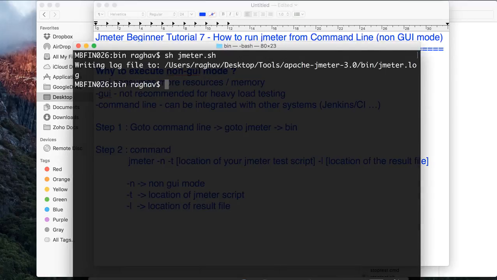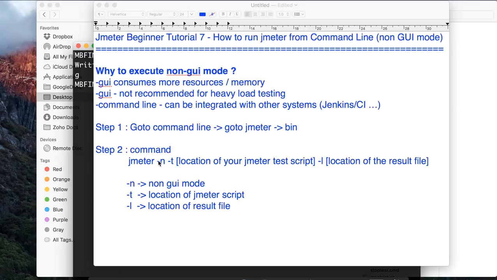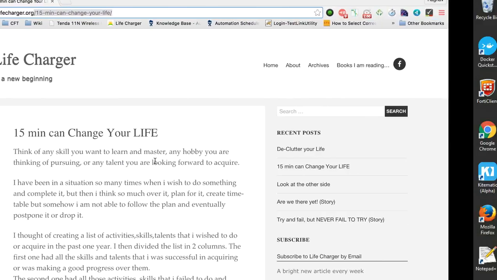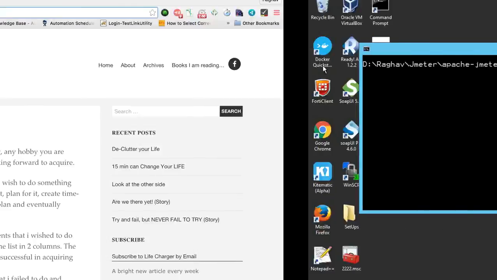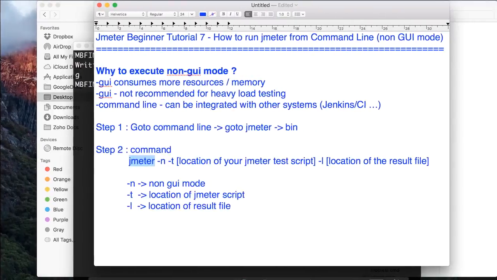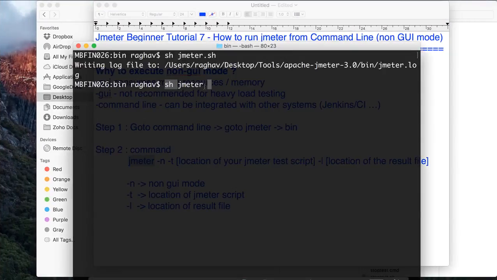So I will say sh jmeter, and please notice that I am using sh because I am on Mac. So if you are on Mac or Linux, you will use sh. Otherwise, your command will directly start from jmeter. So if I am on Windows, I will say directly jmeter and not sh in the beginning, right? Because I am on Mac, I'll say sh jmeter -n -t, and now I have to give the location